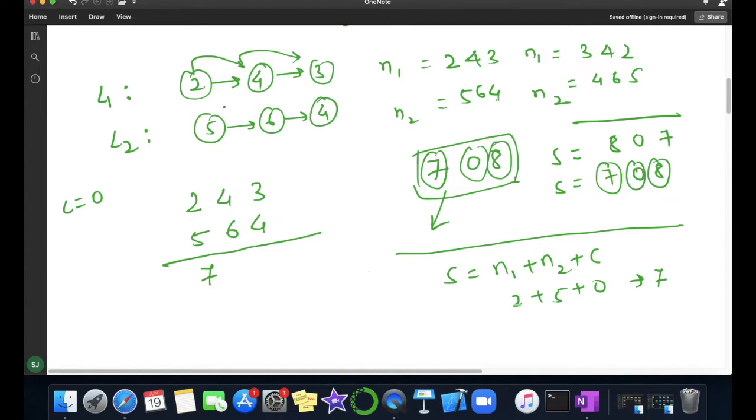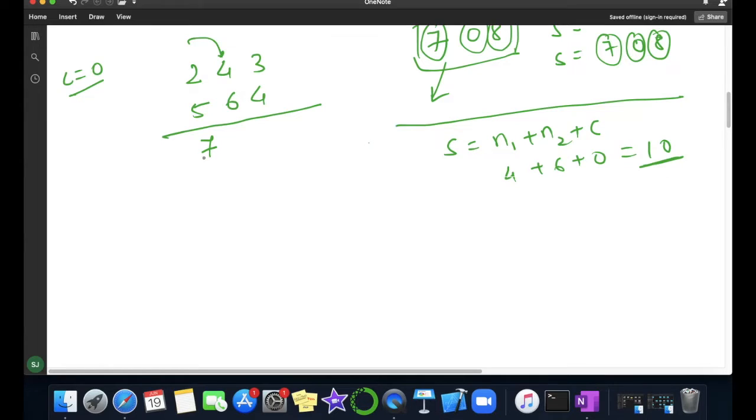So we got 7 here. Now let us move to the second node values, which are 4 and 6, and my carry is still 0. Till now we haven't got any carry, so we got 10 here. Now you can see we got a 2 digit number. So what to do here?